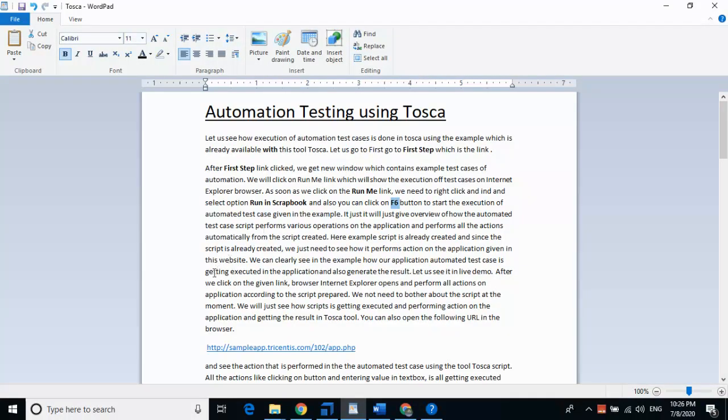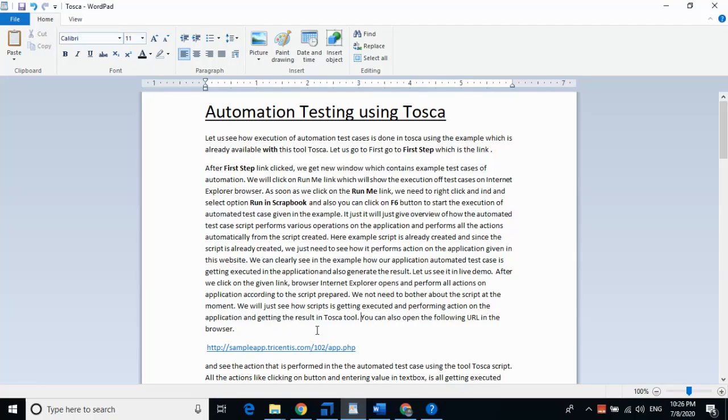After we click on the given link, Internet Explorer opens and performs all the actions on the application according to the script prepared. We do not need to bother about the script at the moment. We will just see how the script is getting executed and performing action on the application and getting the result in the Tosca tool.